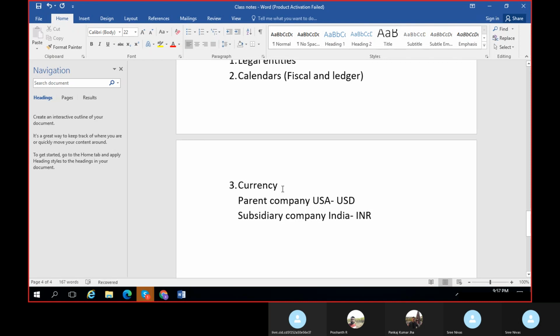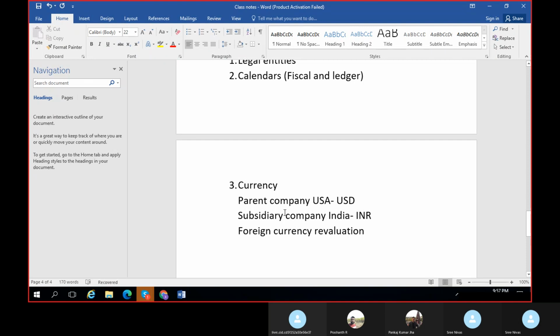So we will have to configure all these, USD, INR, and the conversion rate of USD to INR, in the D365 module. And along with that, we'll have the foreign currency revaluation as well. So this is where, as I told, if the parent company is in USA, the currency conversion happens through foreign currency revaluation. This is a separate module which is a part of this currency itself.